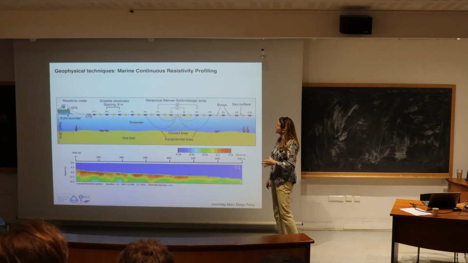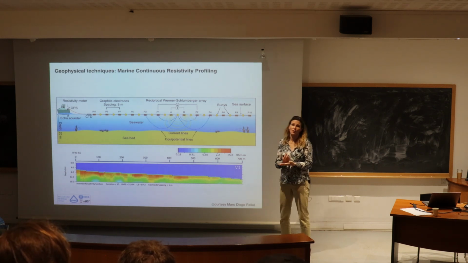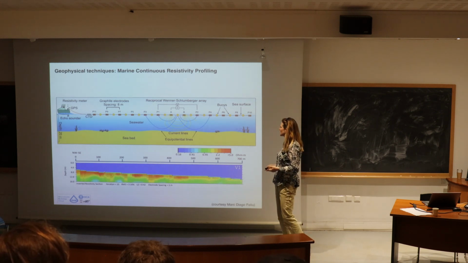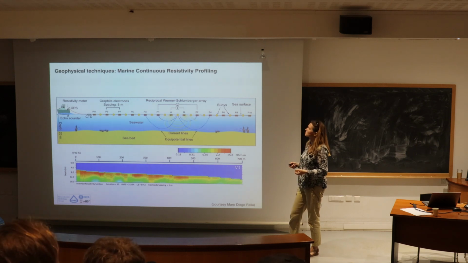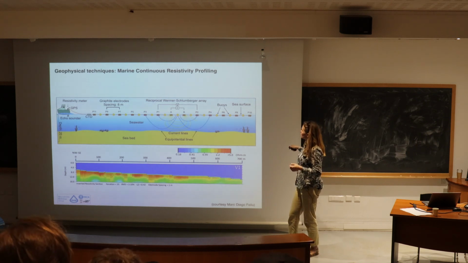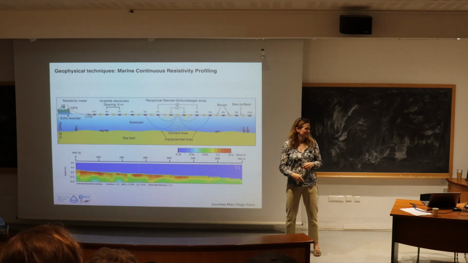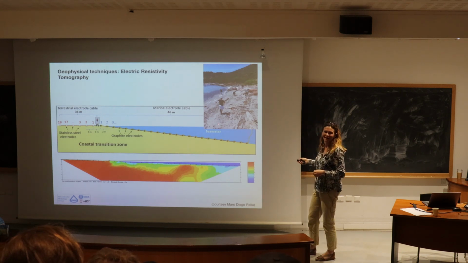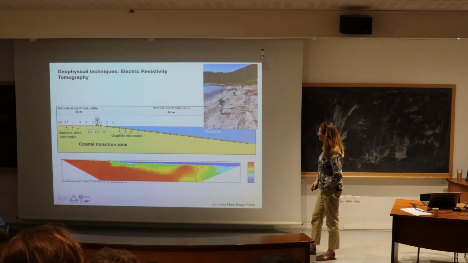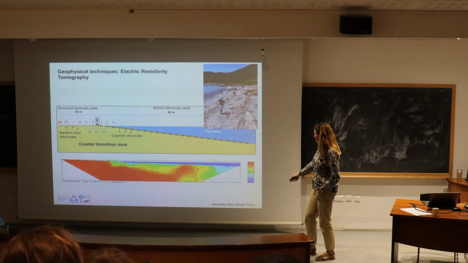There's also a lot of geophysical techniques that are really nice for getting an idea of where the fresh groundwater outflows might be, because fresh groundwater has such a big effect on bulk resistivity. This is just an example of one approach with marine continuous resistivity profiling, where you're basically towing everything behind a boat instead of what some of the teams have been doing on the beach. Here's what can be done on the beach, and there's a team who's doing some of this work right now. It's really exciting to see the results that you all come up with. These are not those results, so these are from a different site.